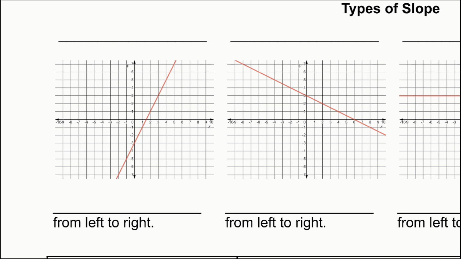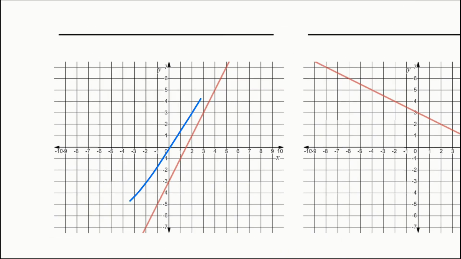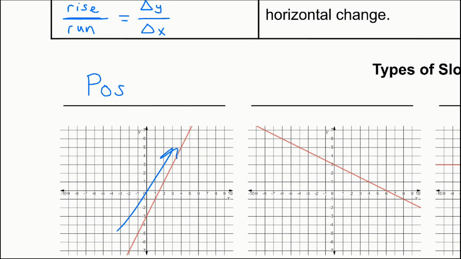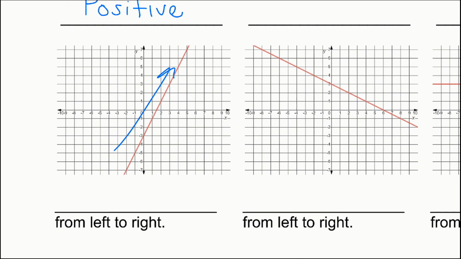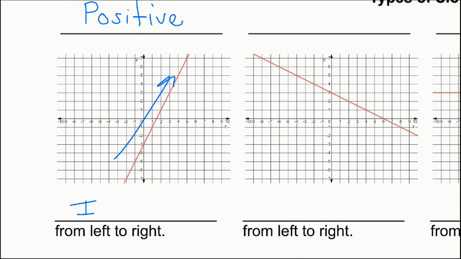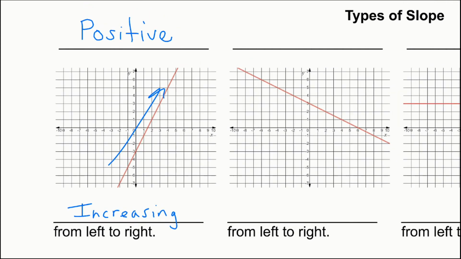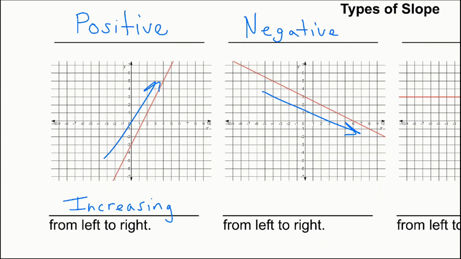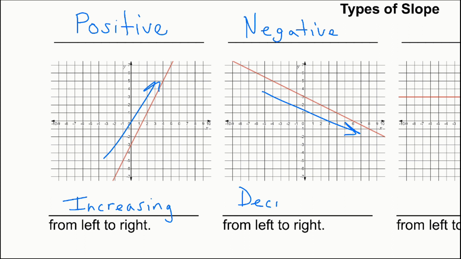So if our line is going up from left to right, that would mean that this is going to be a positive slope because it is increasing from left to right. If it is going down from left to right, this would be a negative slope because it is decreasing